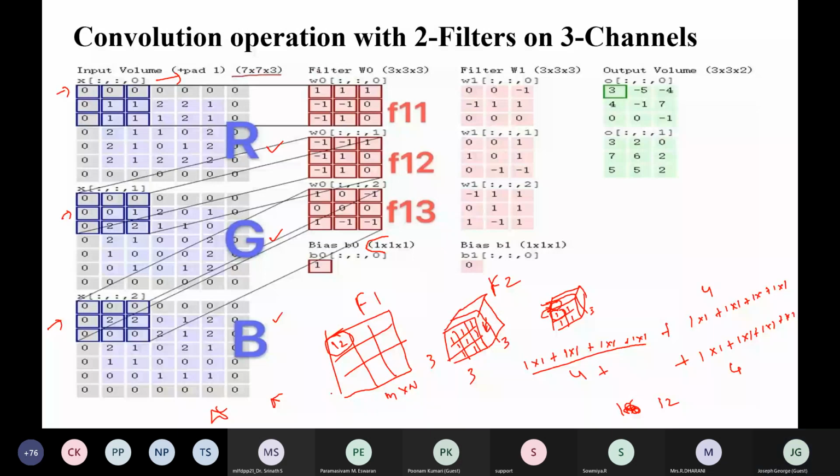So when we are applying two filters to an input image for a convolution operation, then the activation map will have 2 channels. The output of the activation map will have 2 channels.